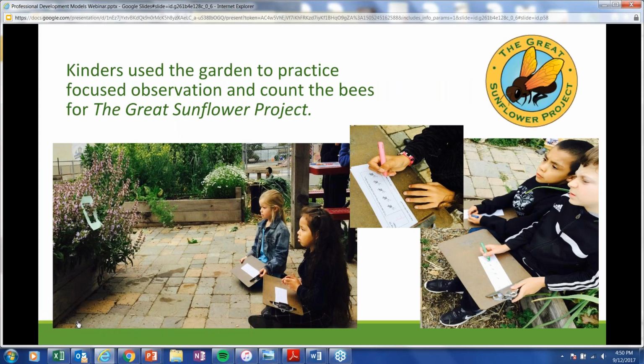So alongside some of our environmental science effort was partnering with some citizen science taking place in the Bay Area. So our students were participating in the Great Sunflower Project, and so we adapted observation protocols that were developed for adults and or older children so that we could have the kindergartners use these to actually practice focused observation and count bees in the Great